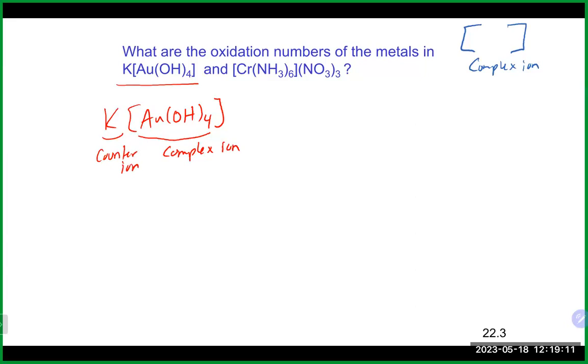And if we look at it here, we have hydroxide, which is a -1, right? And there's 4 of them, which means that's like a -4 happening there. On the outside there, we have potassium, which is +1. That means that our gold here would have to be +3. Yeah, so the oxidation state of our gold would be +3. That gets us to 0 in this case. If we look at our second one here,